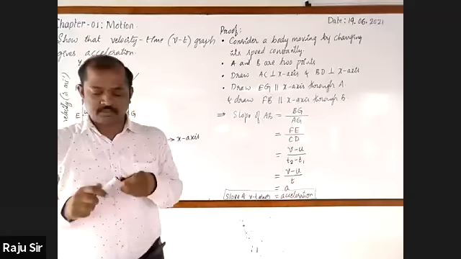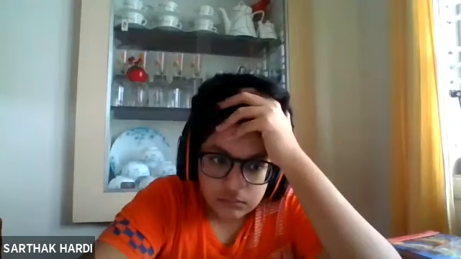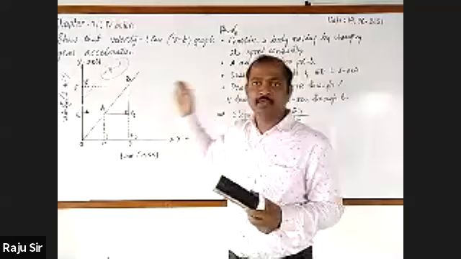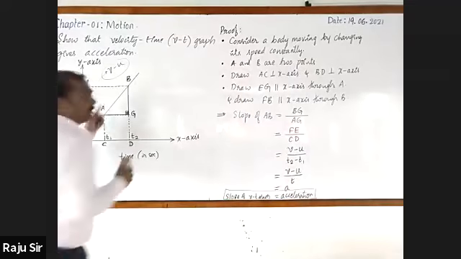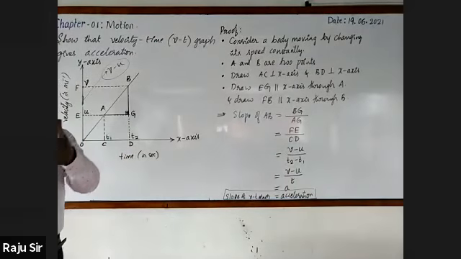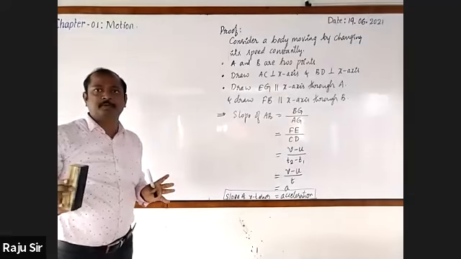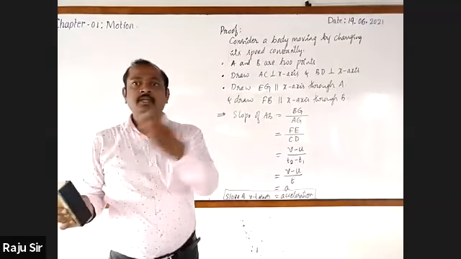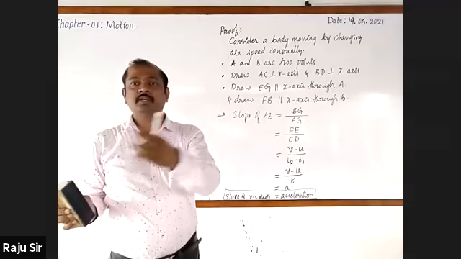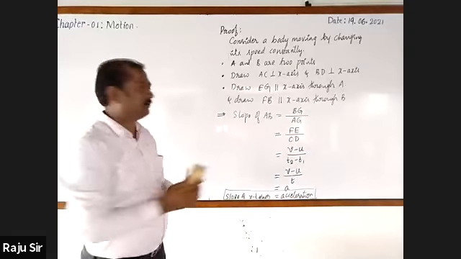Over? Okay. Now, let's move on to draw some conclusions with respect to the DT graph and VT graph. Then what are these conclusions? Now you will come to know that. I'm going to rub it. Shall I? Please learn both of them. Both are very important from the examination point of view. They may give the question as: prove that the DT graph gives velocity or the VT graph gives acceleration.